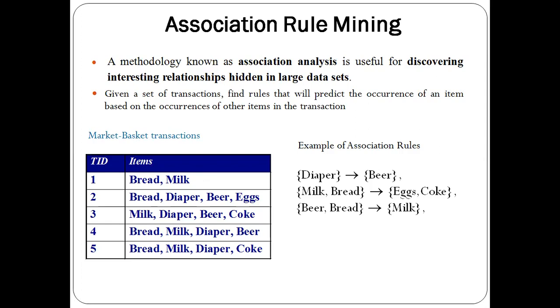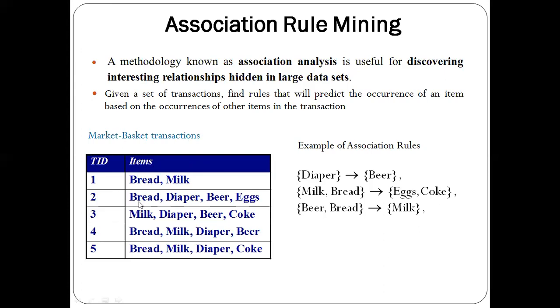If you have got a shop and you find which items are bought together by the customers, then you can easily keep many of such items and gain much profit daily. That is one of the advantages, and that can be done with the help of association analysis. With the help of association analysis, we can find the interesting relationships which are hidden in the large data sets.